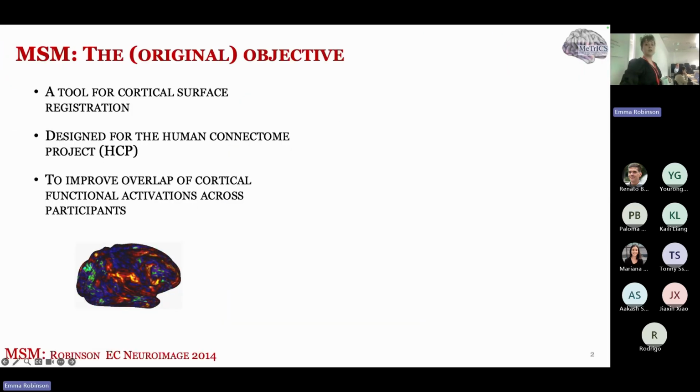So MSM was originally developed when I was working for the Human Connectome Project, and the goal I was given was to develop an image registration algorithm which would improve overlap of cortical functional activations across all participants in the HCP. As we all know now, the long-term view is to develop the Human Connectome multimodal cortical parcellation. But the short-term goal was to improve overlap of functional activation so that we could do more sensitive task-based analysis